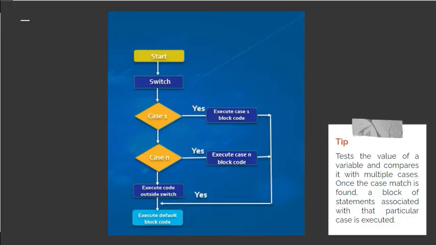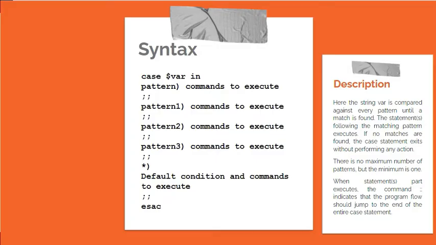This is a flowchart to represent the switch conditions. Each case in a block of a switch has a different name or a number, which is referred to as an identifier. As in our flowchart, it is case 1, case 2 goes on up to case n. The value provided by the user is compared with all the cases inside the switch block until the match is found. So let us try to understand with the syntax.